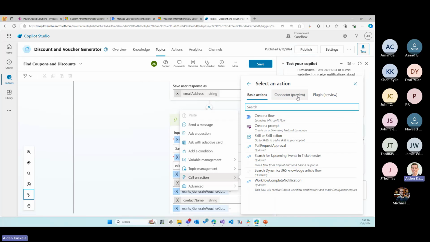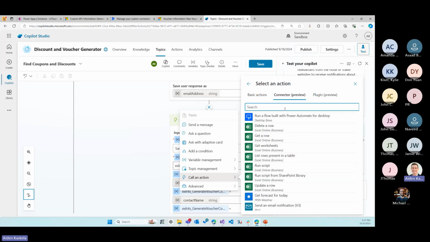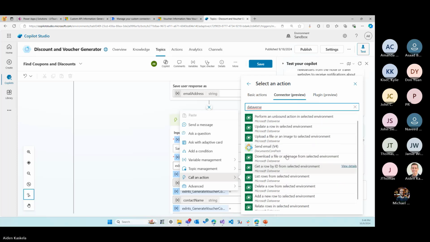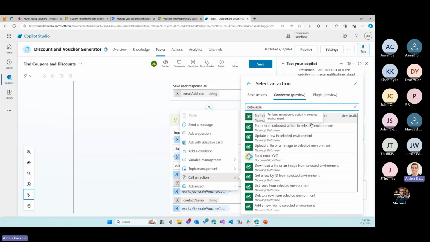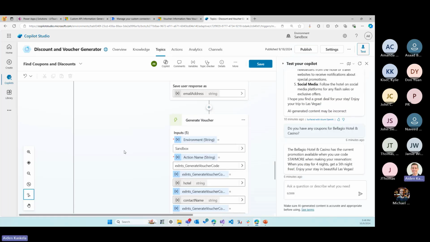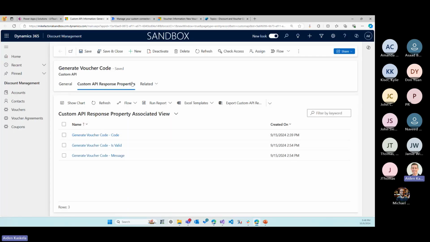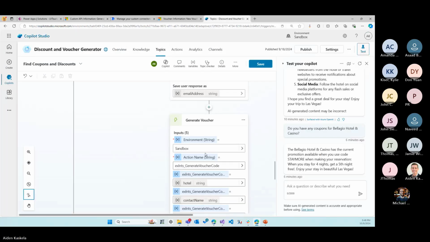I can search for, say, in the connector section. If you're familiar with Power Automate, that's going to look very, very familiar. You can do perform an unbound action in a selected environment. And what that's going to let us do is invoke that custom API that we've defined,